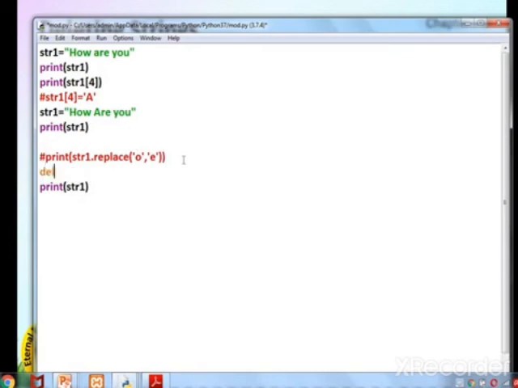Here first the statement how are you is stored, then we print the whole statement, then the index value. Again it is changed to another statement and printed. Here del str1 is given, and again we ask to print. The last print will not work because we are deleting the string.